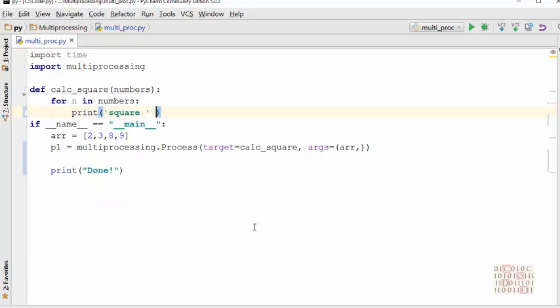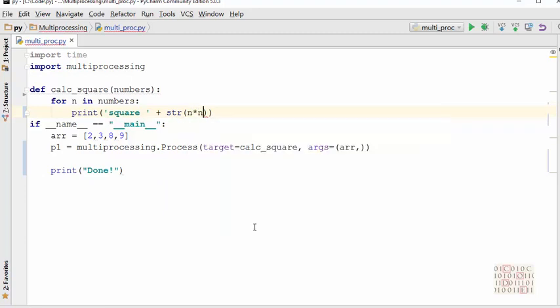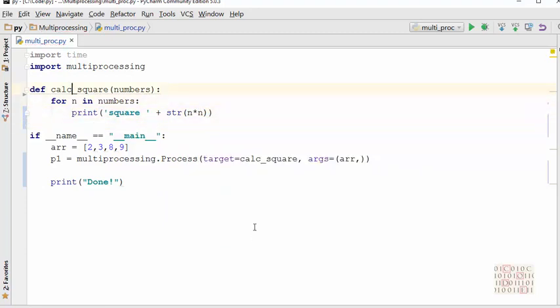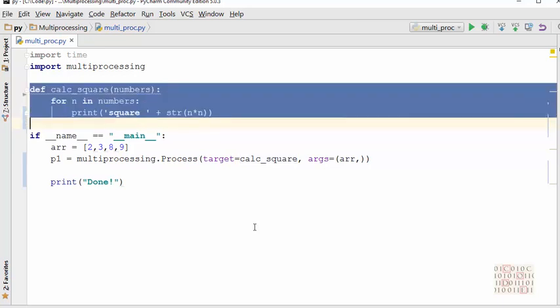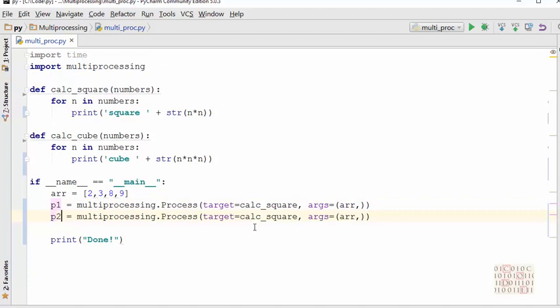So I'm just printing n star n, and I will create another function which will calculate the cube. It will be called calculate_cube and it will just calculate the cube. Now for my second function, I'm going to create a second process, call it p2,